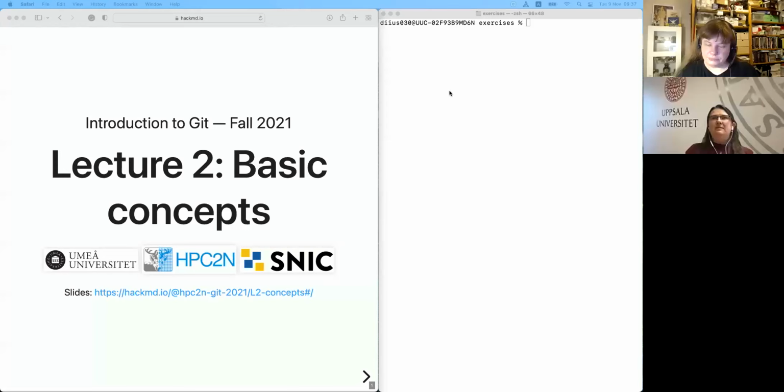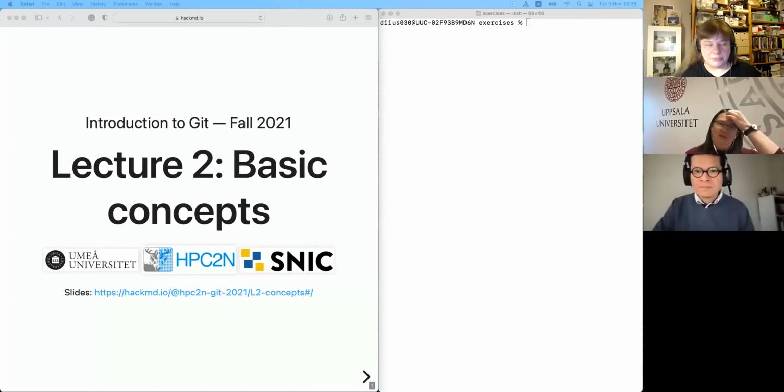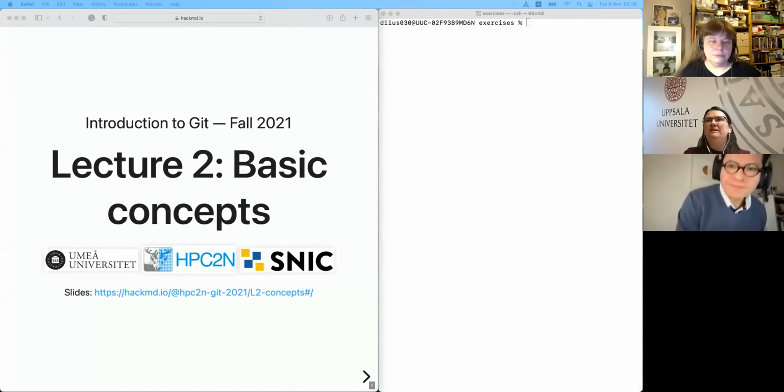So I'm going to share my screen now. Can you see my screen? Yes. With the lecture and the terminal on the side? Yes, we see both. And is the font okay for the terminal? It is fine for me. Okay, then. Otherwise, please write in the chat or in the document, and we are going to adjust things as